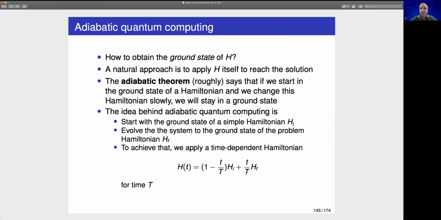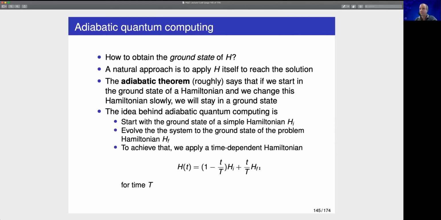And what I'm going to do is to apply a Hamiltonian that slowly changes from the initial Hamiltonian to the final Hamiltonian, which encodes the problem that I'm interested in. So varying this value t from 0 to this big T, you see that when t is 0, this is 0. So we only have the initial Hamiltonian. And when I get to t equal to this big T, then this goes down to 0, and I only